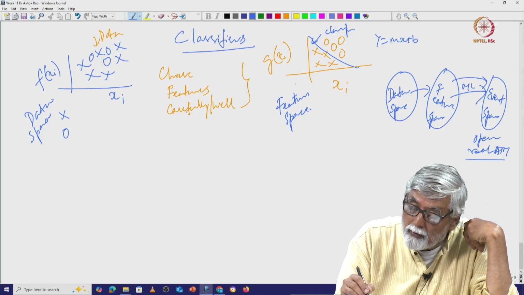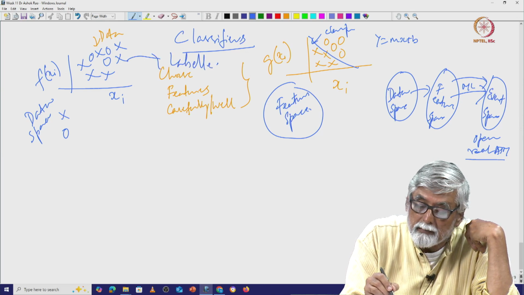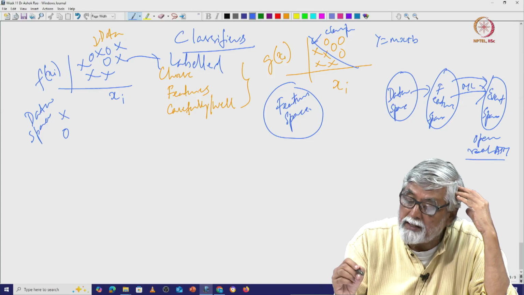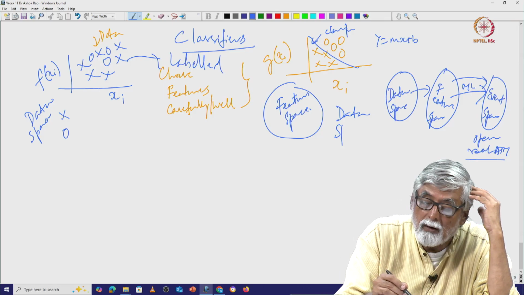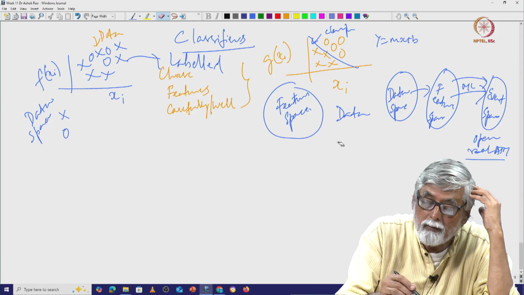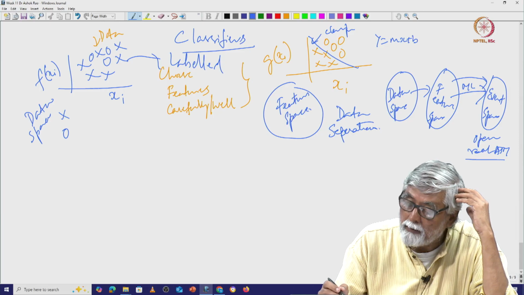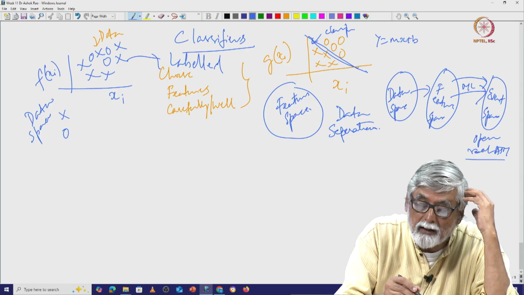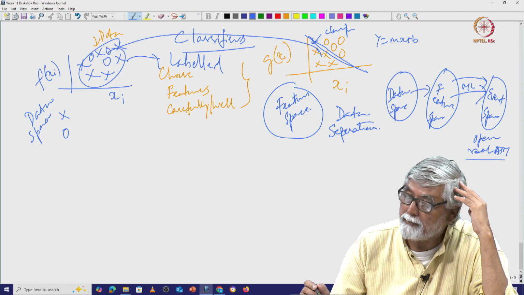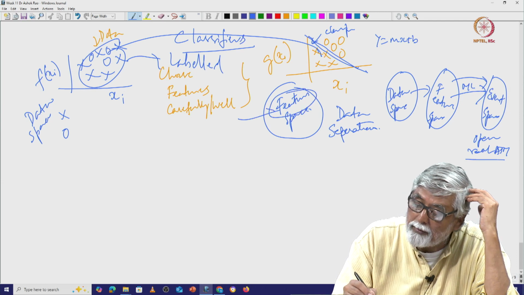So, we generally tend to work in feature space when we have very good labeled data. And if you select the feature carefully, data separation happens very well, very easy, which means a very simple classifier can separate this data into two classes. So, this is very important, selection of features for a data.